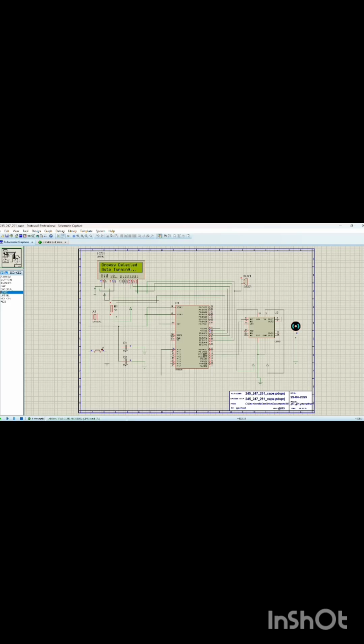Fourth, non-intrusive monitoring. Detects drowsiness without requiring eye tracking or cameras, preserving driver comfort and privacy. Fifth, real-time response. Quickly detects issues and responds with alerts or steering assistance in real time. Sixth, simple and compact design, easy to integrate into existing vehicle systems with minimal hardware. Lastly, scalable and upgradable, can be extended to include additional features like GPS, speed